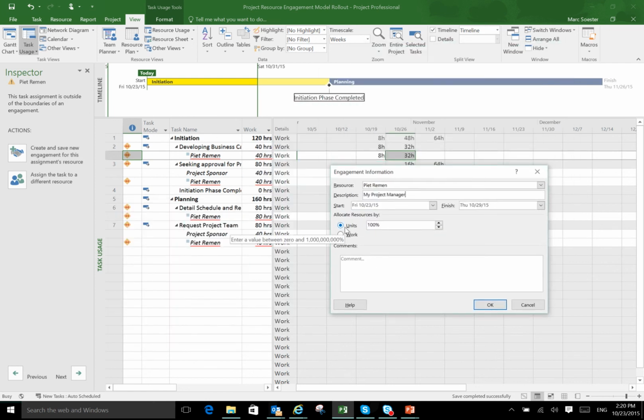Now I can determine whether I want to allocate them based on units, or whether I want to allocate work, which is the actual effort. So I could say, I only need 50% of Pete's time, for example, or alternatively